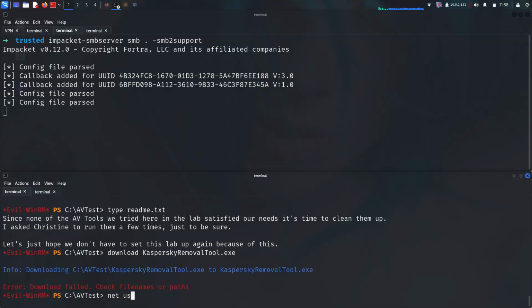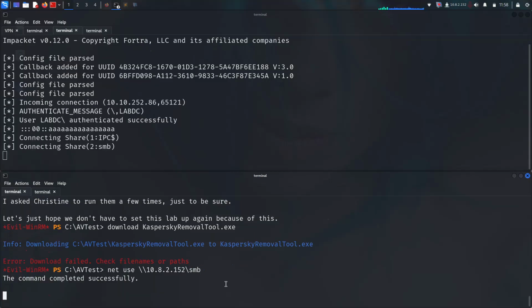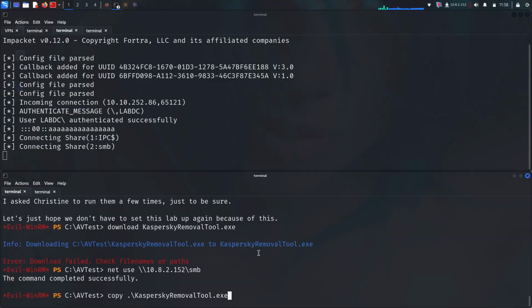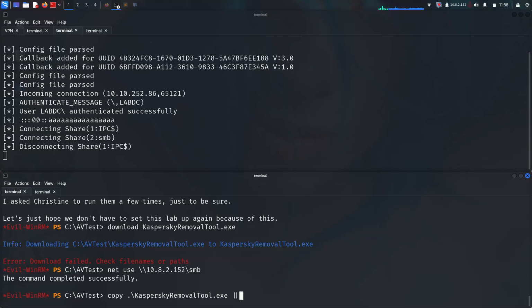So net use, giving your IP address like that, and then SMB is connecting right now, as you can see there. Then we can copy whichever file you want to copy here. Then let's copy it and then save it as